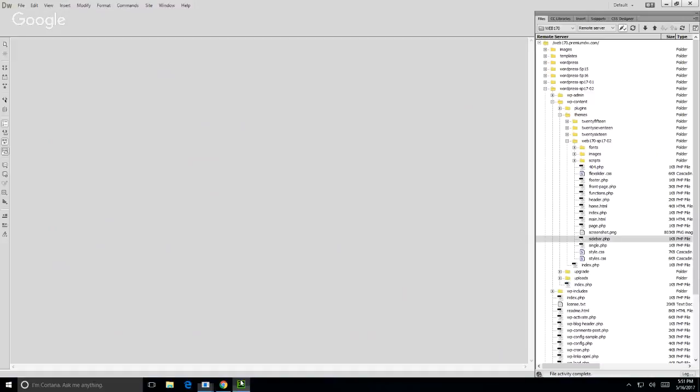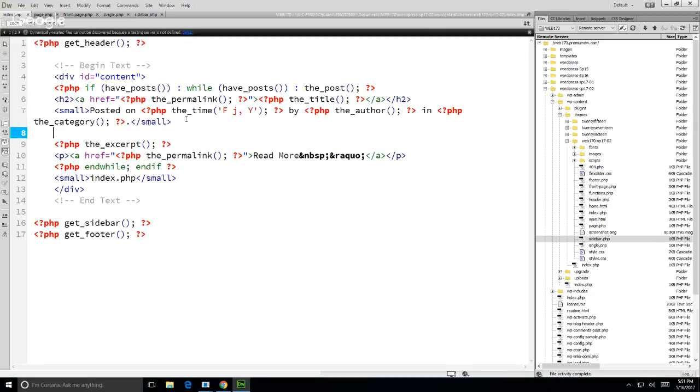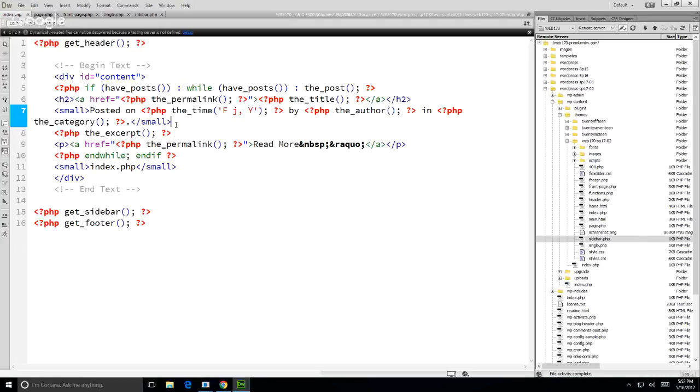So therefore, what you could also do instead of the excerpt like this is write the paragraph tag, or let's actually just use, comment that one out. And inside this paragraph right here, then,